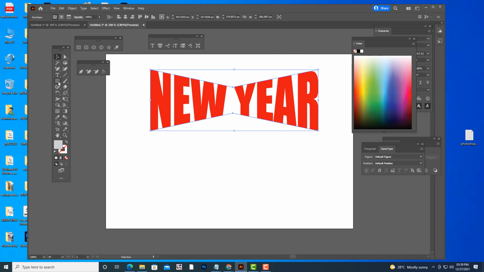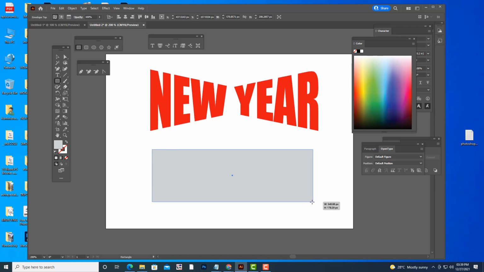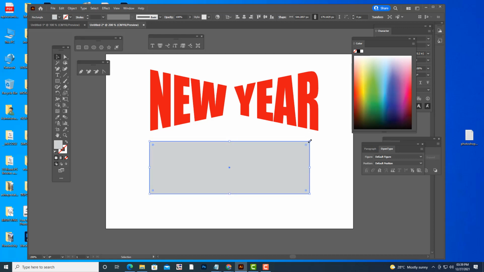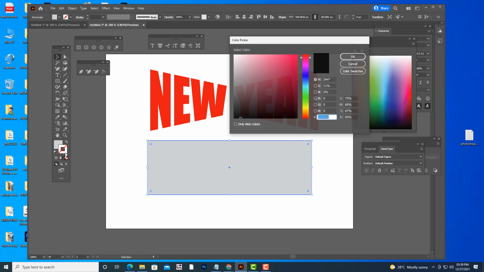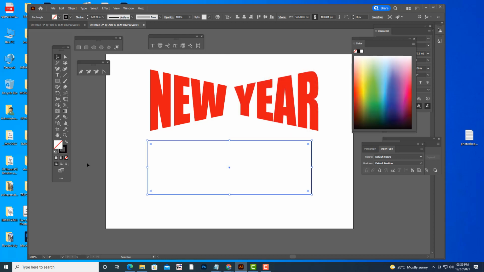Okay, so we can do the same thing with another shape. We'll take one more shape here. We'll take one stroke, turn off the fill, and put some points. We'll use the direct selection tool.